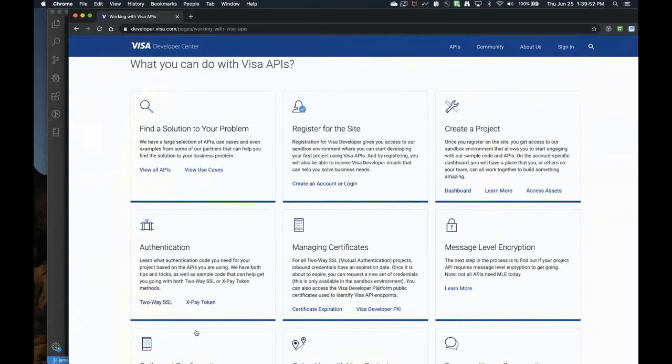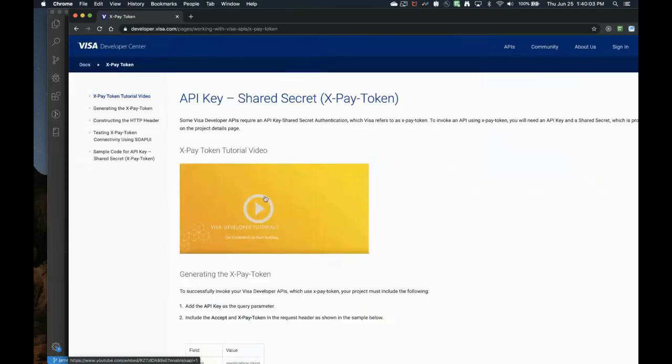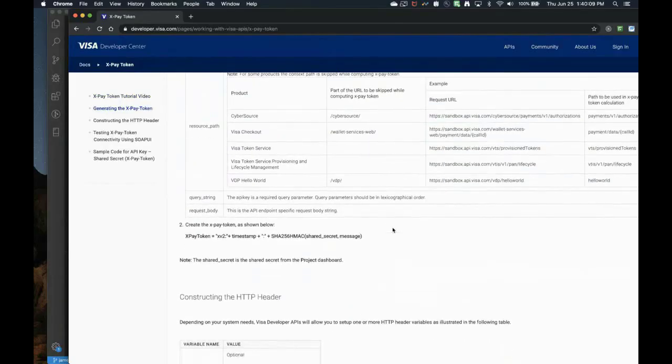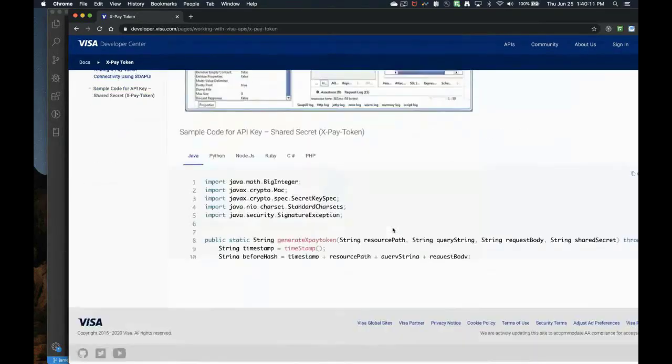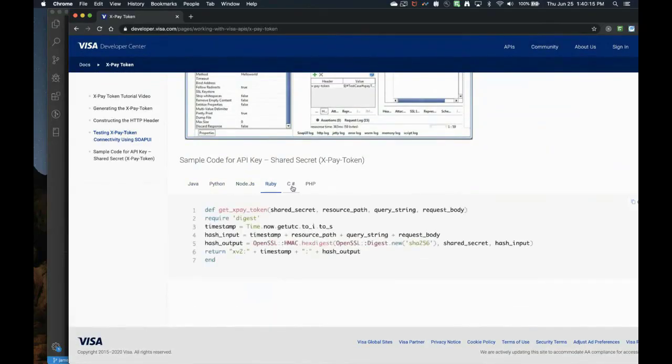Here in authentication, there's two-way SSL, the other form of authentication that we were talking about, and XPay token right here. And in XPay token, you have that video example that Saranya was mentioning, and other steps that are involved. And on the bottom, you have the code examples that you guys wanted.